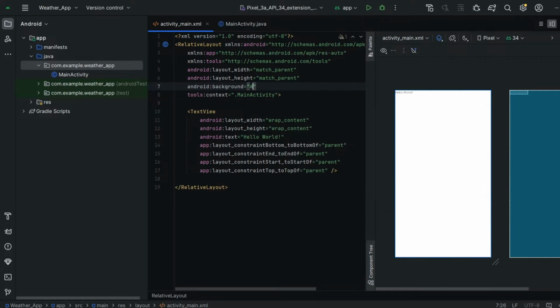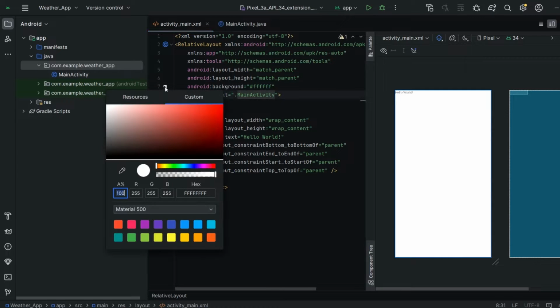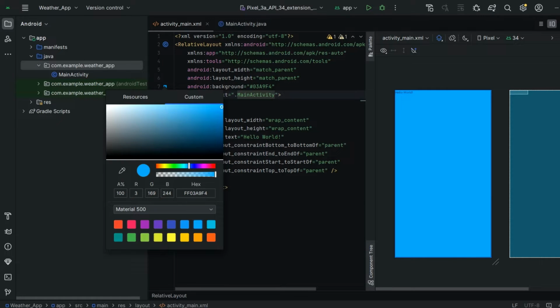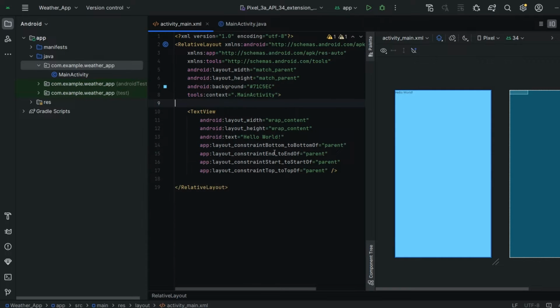Here I am going to first give FFFFFF, it means white color guys. Next I am going to choose the color. So I'll choose blue. Yeah, it's fine.